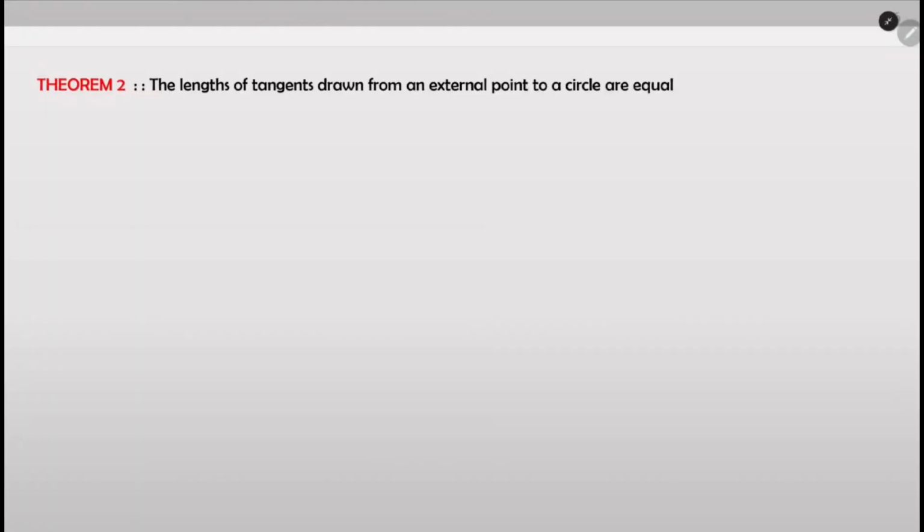Now comes the second theorem. This is one of the most important theorems of the circle and for the tangent. So the lengths of tangent drawn from an external point to a circle are equal. Now what does this state? Suppose this is a circle, this is the radius, and this is center O, and there is some point M outside the circle. If I draw one tangent